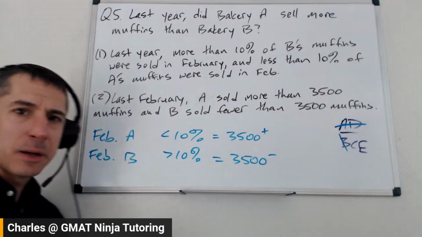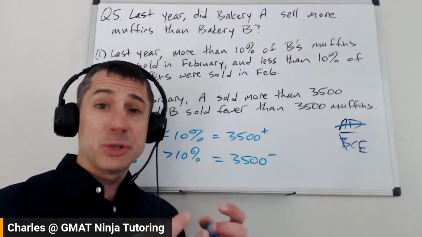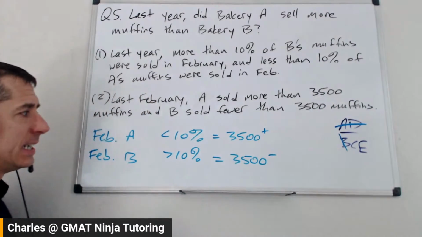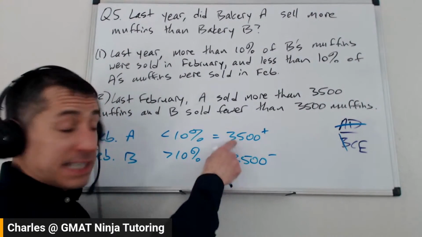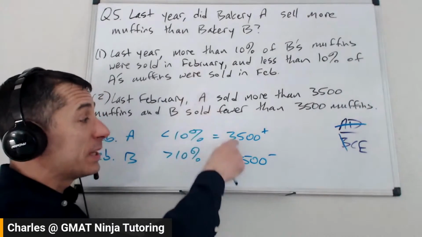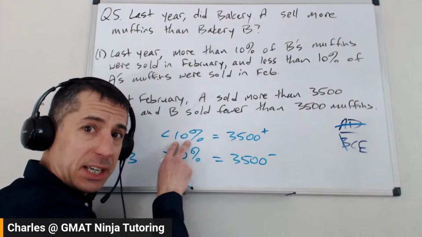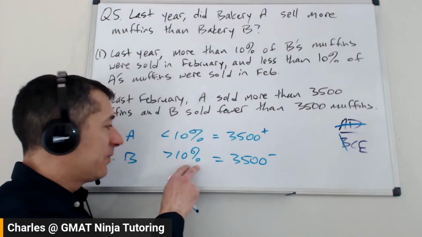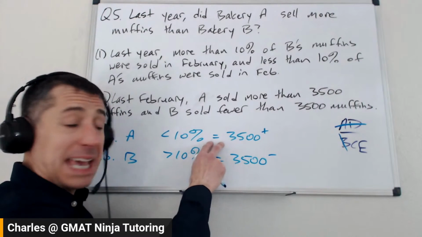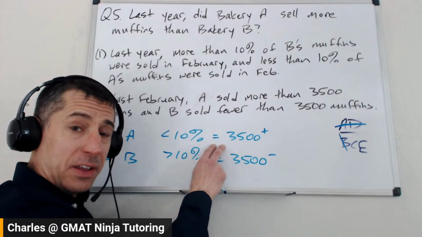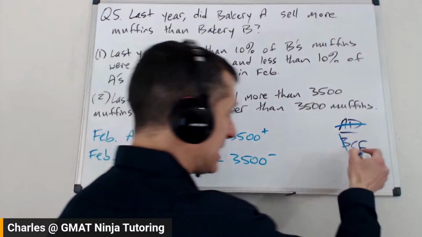Okay, well, let's think through that a little bit. Couple ways you can handle this. One is you could just look at this intuitively at this point and maybe say, wait, A sold more in February than B did. Okay, well, that doesn't tell us necessarily they sold more for the whole year, but they sold more in February, and that was a smaller proportion of their annual sales. For B, it was a higher proportion of the annual sales, and it was less muffins. So it's got to be the case that A sold more overall for the year. So you could just do that logically. If you followed that, fantastic. You're done. The answer's C.